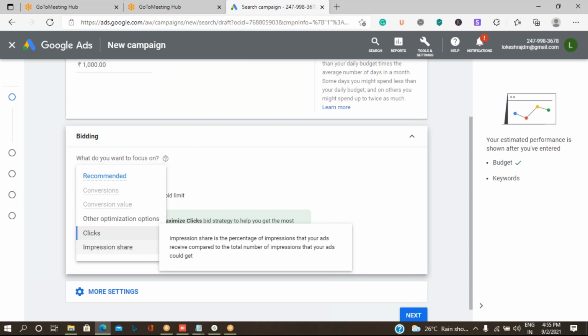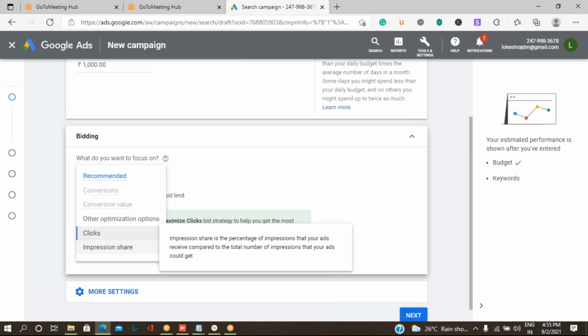This is based on impressions. Impression is nothing but the view: how many times Google has displayed your advertisement on the Google page, and the number of times people have viewed it.